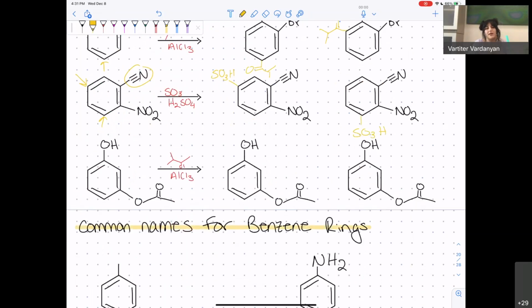All right. So this last one has an OH, which is an activator, and actually this ester is also an activator because the O is directly attached to the benzene ring, but the stronger activator is going to be OH. So we're going to go ortho para to that. This position is not going to work though because it is in between two substituents. So our two answers would be,